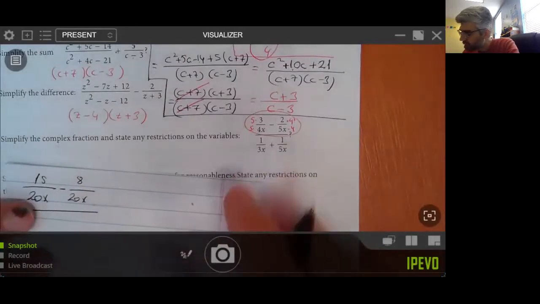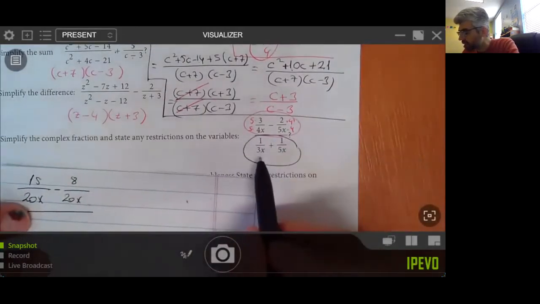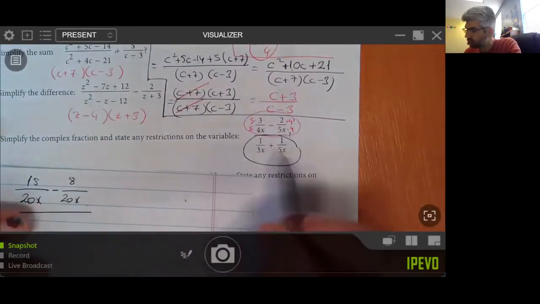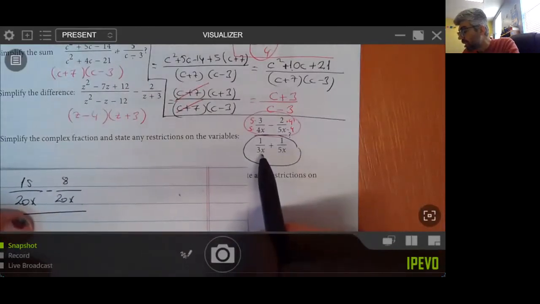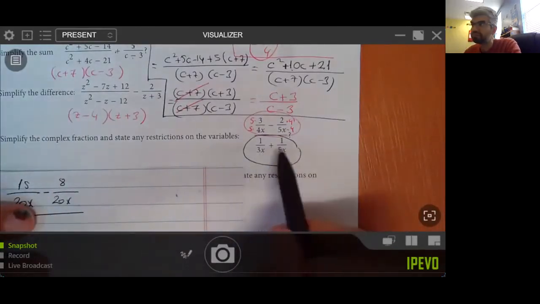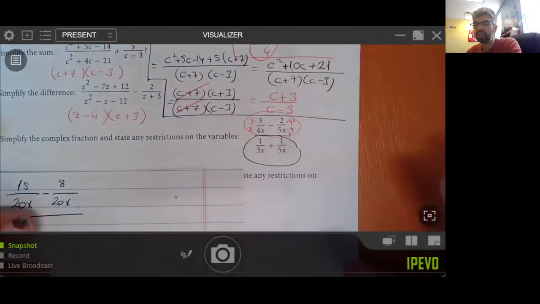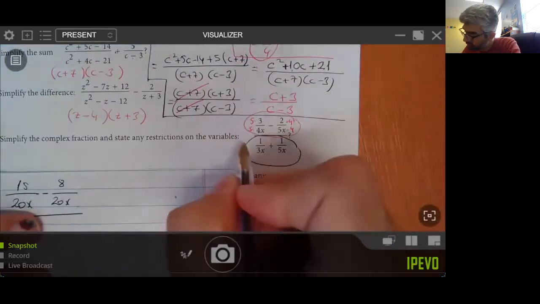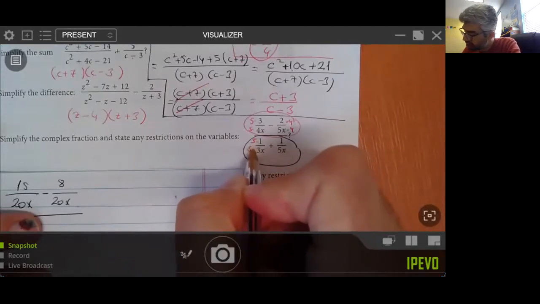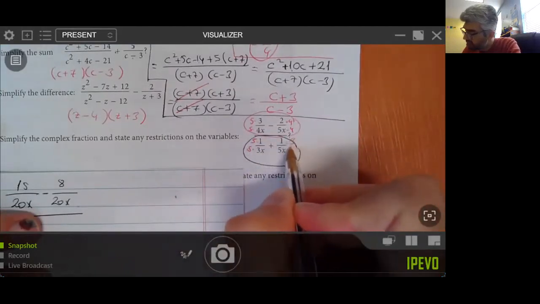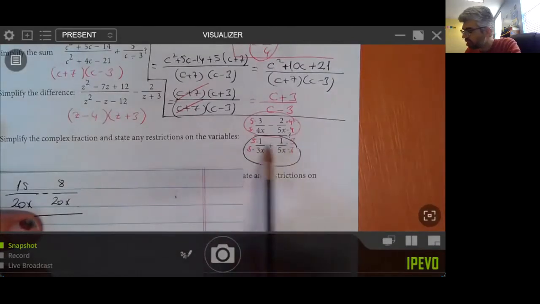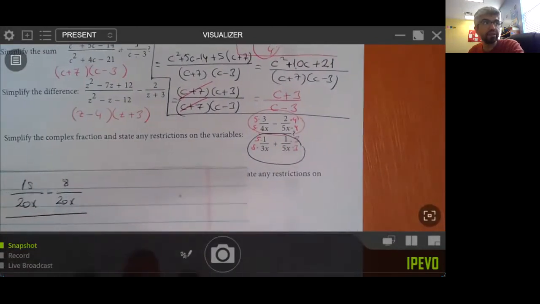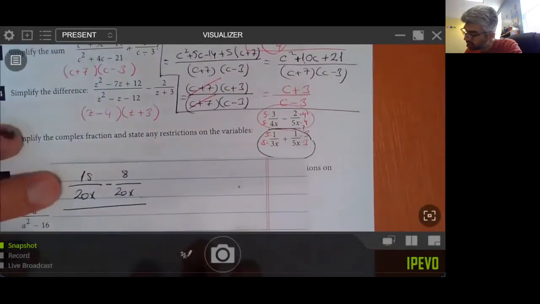So the same logic in denominator, guys, here. 2 denominators, 3x and 5x. Both have x. Goodbye x. I don't have any job with x. And now check the numbers, 3 and 5. 3 and 5, they don't have any common factor between them. So I have to multiply the first one by 5. Okay. And the second one by 3. Okay. And I have, let's have it here, 5 over